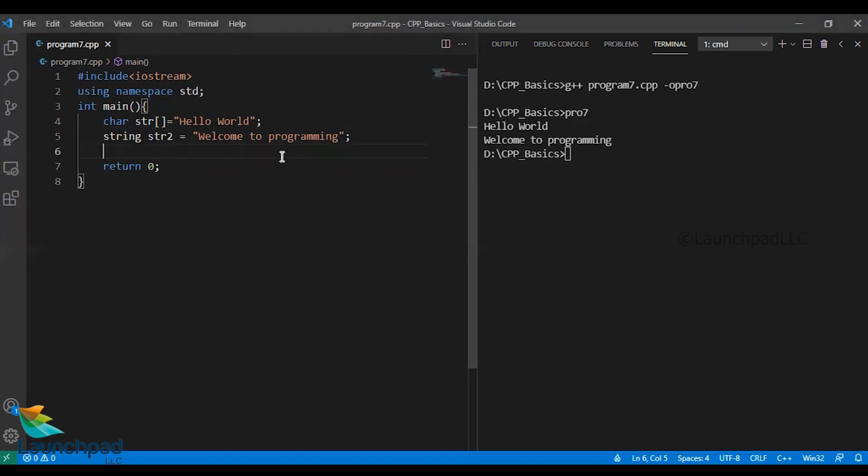As a quick little comparison between character arrays and strings, as we can see, the size of the character array, that is str, is only 12, as we have 11 characters in place, followed by a null character. So this becomes a constant character array of size 12.